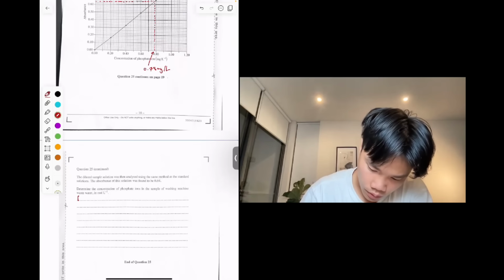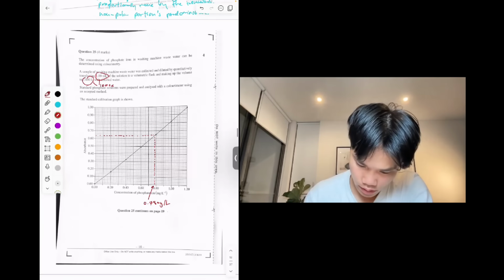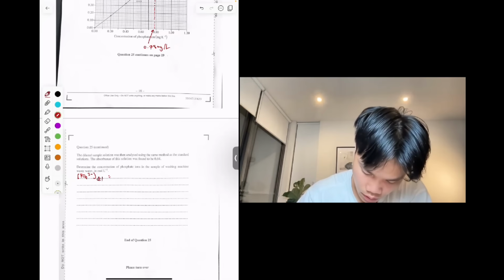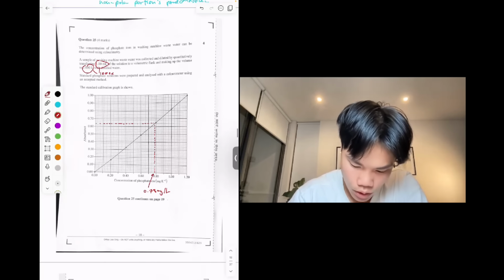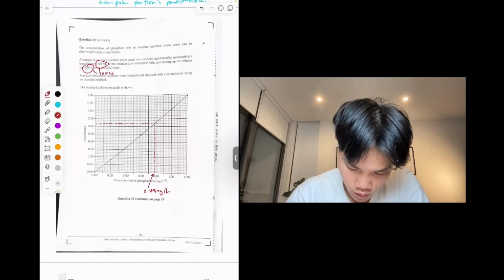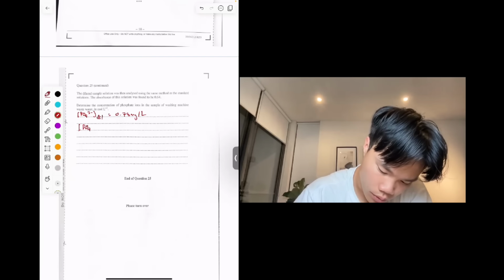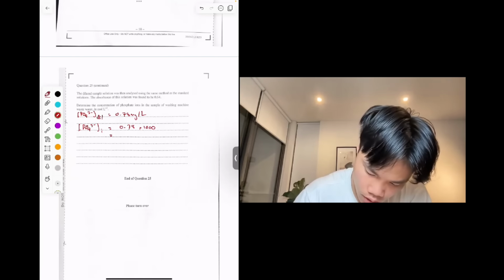So the concentration of phosphate in this, the diluted one, is 0.78 milligrams per liter. They want you to therefore find the concentration of phosphate ions in a sample of washing machine wastewater, which is, just checking, 1000 times more concentrated. So therefore, the concentration of PO4 minus in the initial washing machine water is 0.78 times 1000, which is equal to,